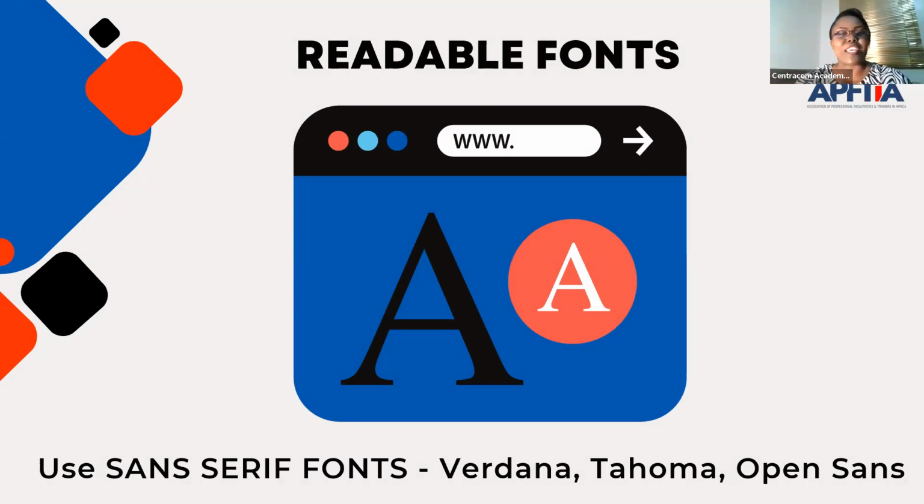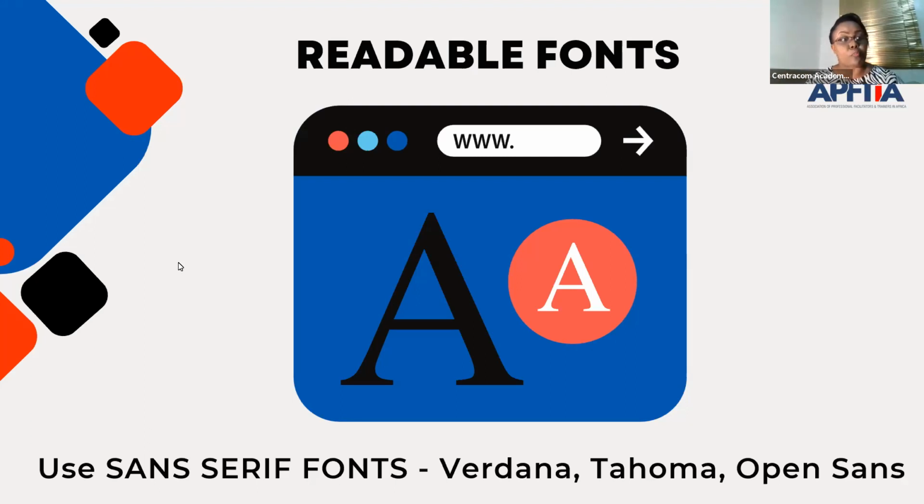So the last one is use readable fonts. You don't want to be showing something or presenting something and your audience are squinting to see what you have written. Some people want to use handwriting or cursive kind of writing, and then at the end of the day, it's not readable, it's not legible. Your audience can't read it. So I did some research, and what I found out is